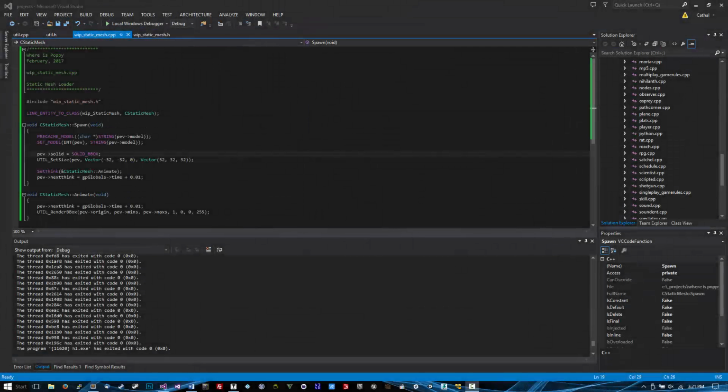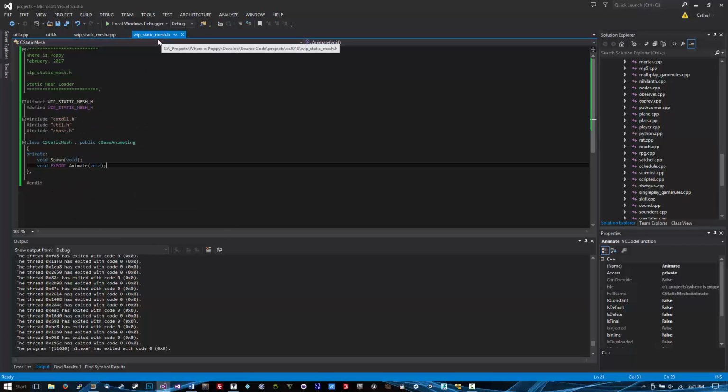Alright, so to create a system where the user can input their own values here and here for mins and maxes, what we have to do is create an interface using the FGD data to Hammer so that the user can input this value. So we basically have to make these two guys into variables. To do that, we have to go into our H file, and under our export animate function, we first